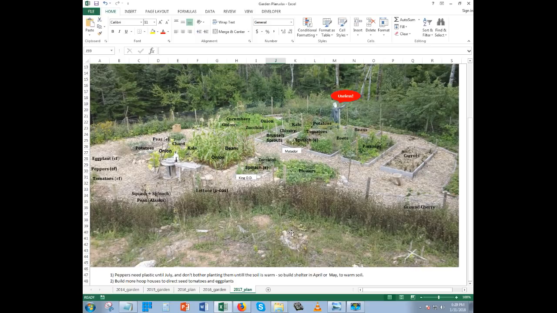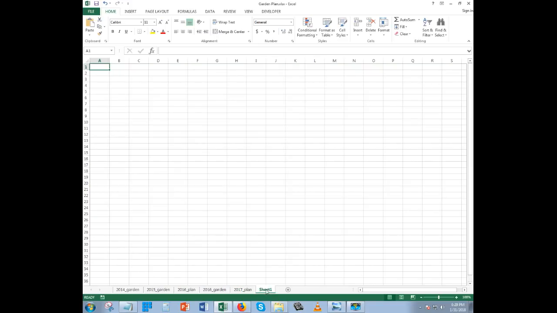So how do we do this? For those that have never used Excel before, don't be overwhelmed. I know it's software that data people use, but it's really very similar to Microsoft Word or PowerPoint if you've used that before. You can just open it up, and to add a new tab, you just press this plus thing here. See how you hover over it, says new sheet. Just click that and you have a new sheet. It says sheet 1. You can just double click where it says sheet 1 and label it whatever you want. So I'm going to call it 2017